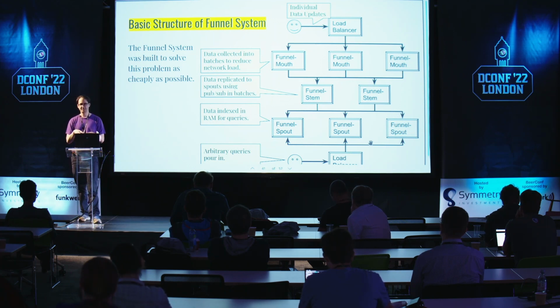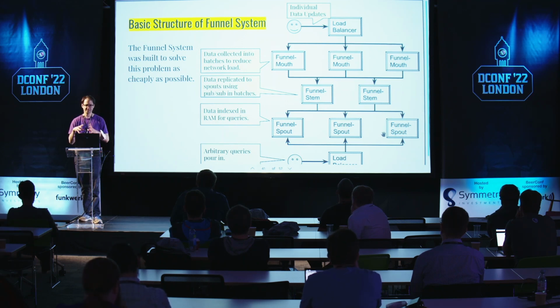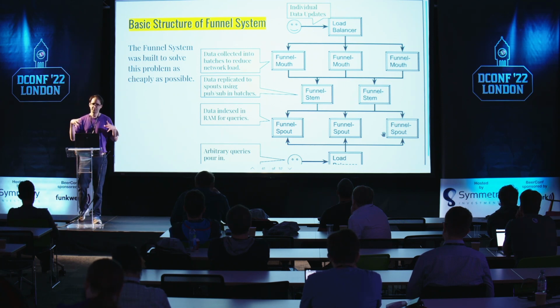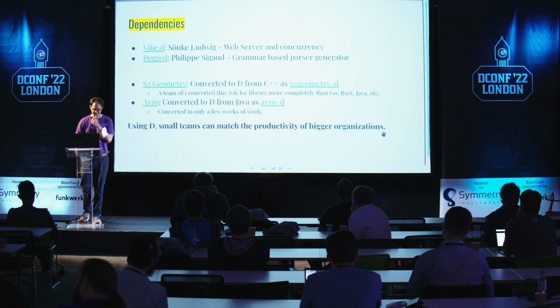Then, of course, I load balance the data across this third component called the spout, and this is the one that keeps all the data in memory, indexes in memory, and allows you to query. And because this is a pub-sub system between the stem and the spout, all the spouts have the full set of data. So this system is built with the idea that you can keep everything you want in RAM. And if you're only storing like 1 kilobyte of data per taxi cab, you can fit a lot of them in not very much memory. So it's basically built to just maximize speed and read everything from RAM. So that's kind of what that system does.